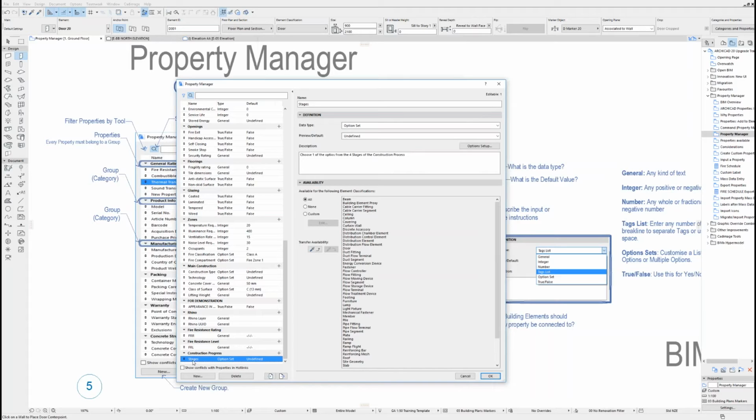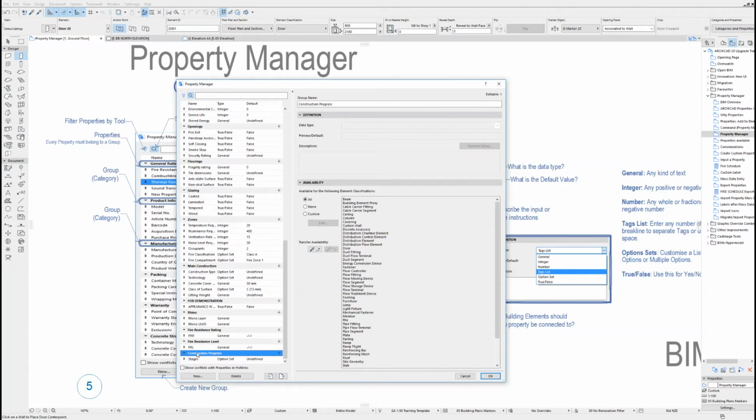because when we showed everyone the way the tool worked, we got a lot of people asking, can I do this with the property manager? Can I achieve this with the property manager? And the most interesting of them all was, can I schedule elements in ARCHICAD according to a construction process or a date? And we said yes, you can